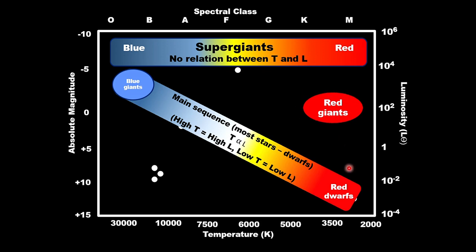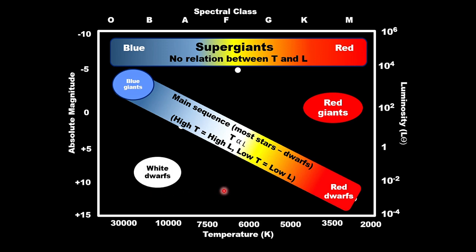Lower down, in between the red dwarfs and the red supergiants, we have a group of stars called the red giants that are the same temperature as the red dwarfs, but much more luminous, and the same temperature as the red supergiants, but much less luminous. And then down here, this strange group here, they're very, very hot. In fact, they're white hot, but they're very dim, which tells us they must be very small,